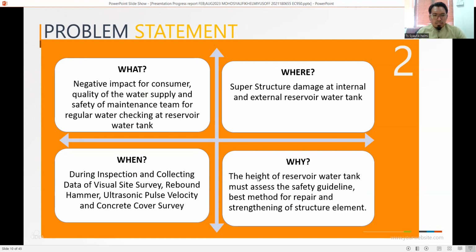And why have we chosen it? The height of the reservoir water tank must be assessed against safety guidelines. This is called the safety condition of JKKP, and it is the best method for repairing and strengthening the structure